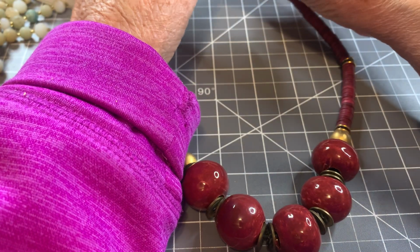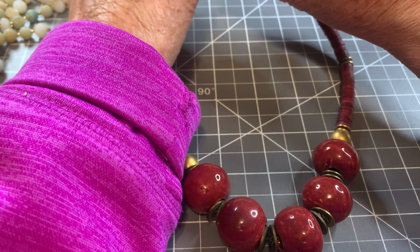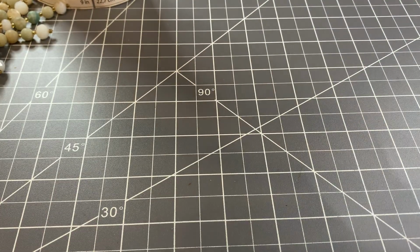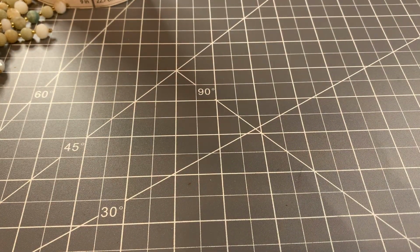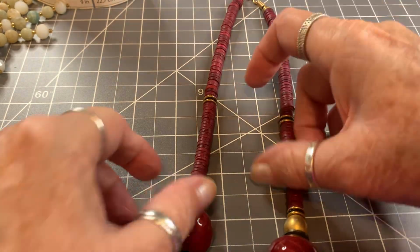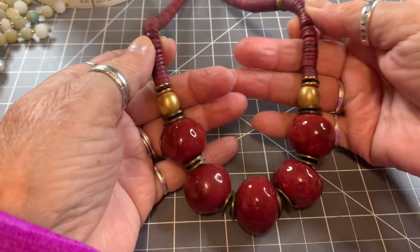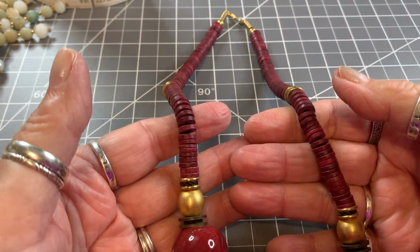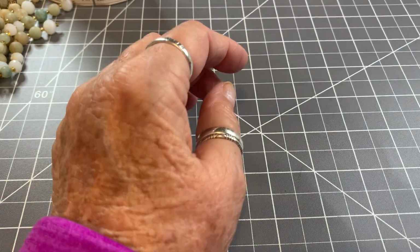This is, let me give you a measurement real quick here. This is right at almost 18 inches, right at 18 inches. And I like the color combination of the gold and the reddish maroon. Very pretty. Okay. Next,